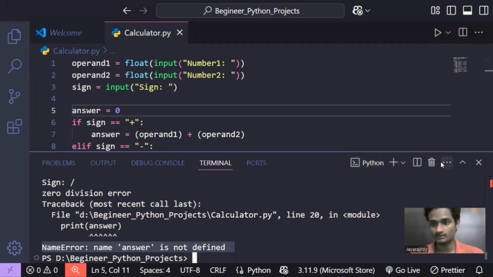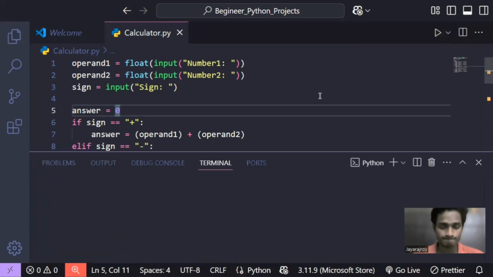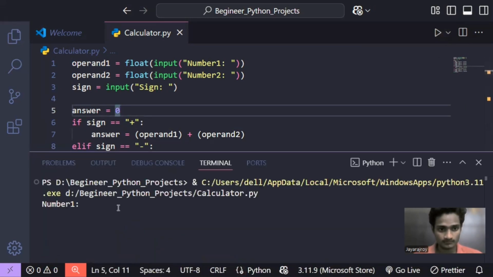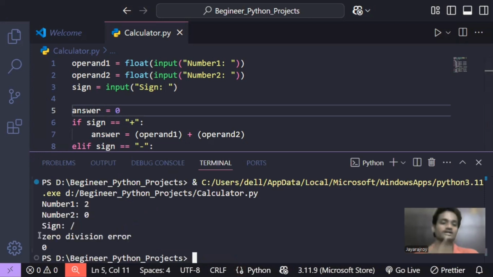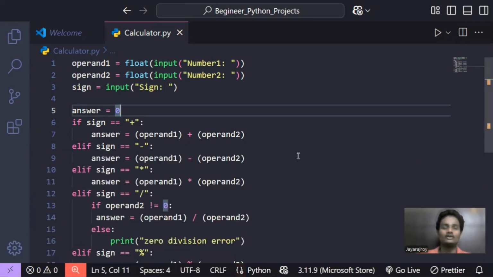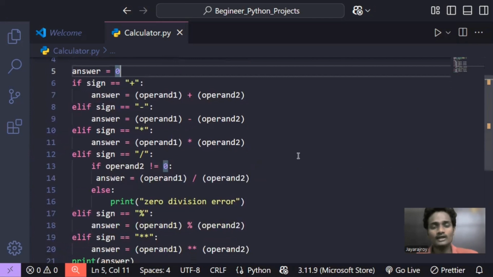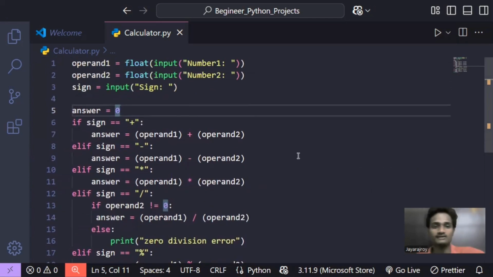Okay, let me try to run the code again. The numbers are 1, 2, 0. The sign is divided. Yes, we are getting a zero division error. Yes, so it's working fine. Okay, now everything is fine, but the thing is,